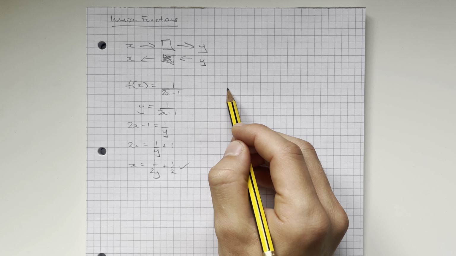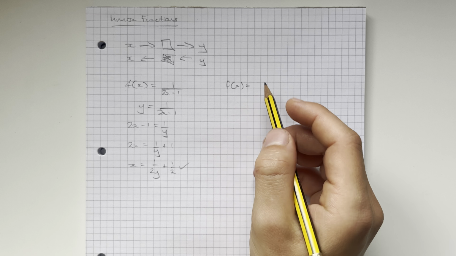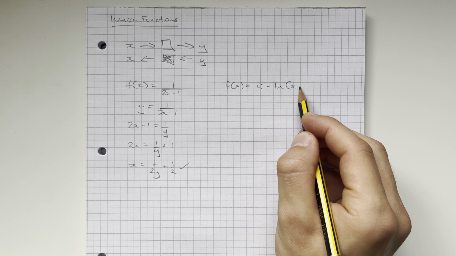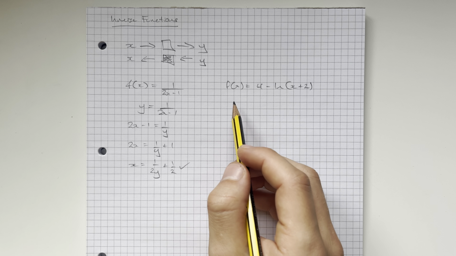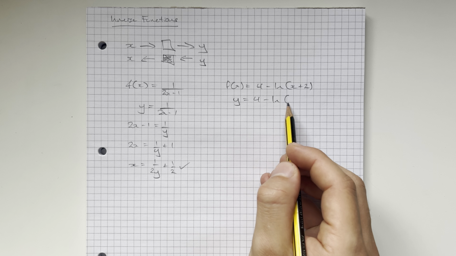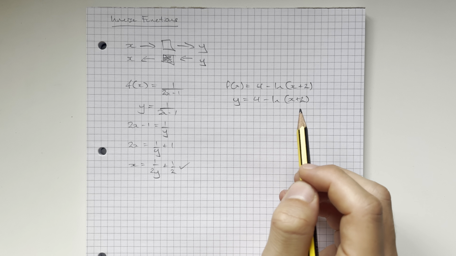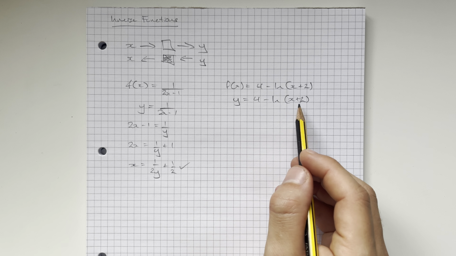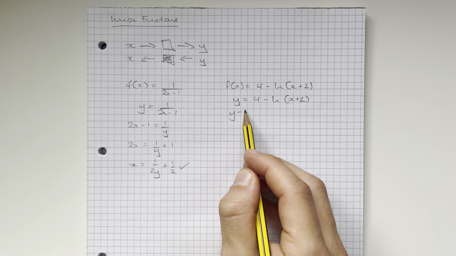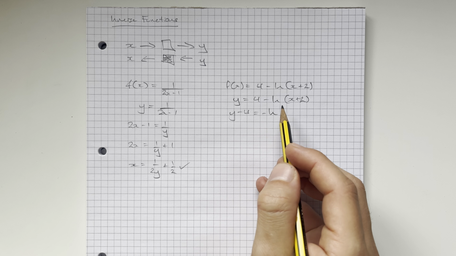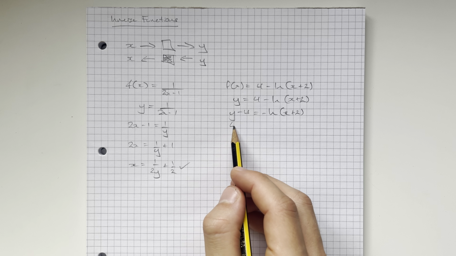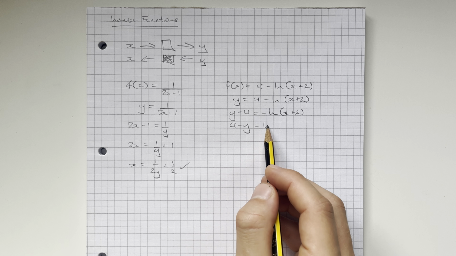So say f of x was equal to 4 minus the natural logarithm of x plus 2. Same thing, we'll replace f of x with y, so it's still equal to 4 minus natural log of x plus 2. Now we want to make x the subject, so we'll basically unpack this side. So we'll have y minus 4 is equal to minus natural log of x plus 2. We'll bring the negative to the other side, so it's 4 minus y is equal to the natural log of